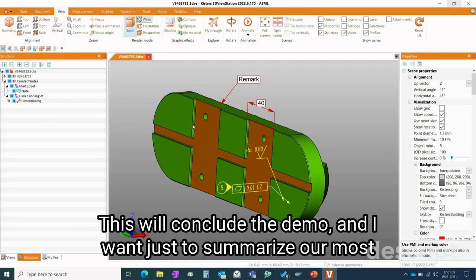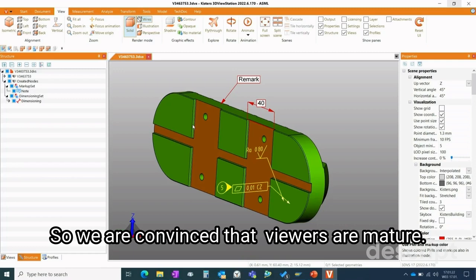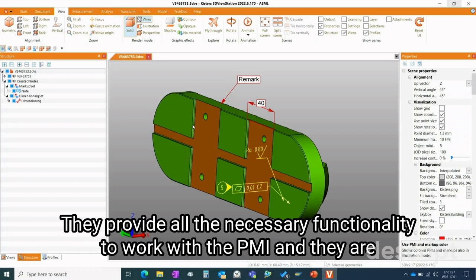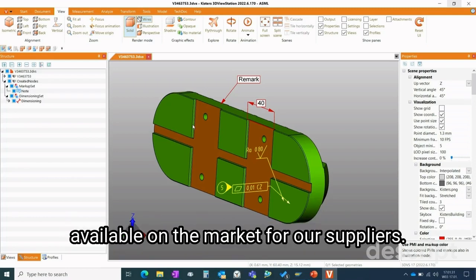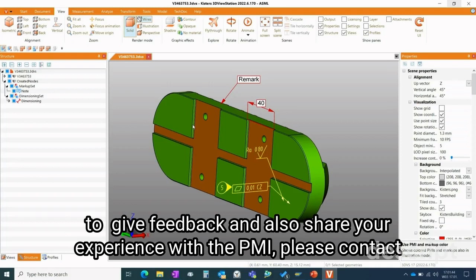This will conclude the demo. And I just want to summarize our most important message with this demo. We are convinced that viewers are mature. They provide all the necessary functionality to work with the PMI, and they are available on the market for our suppliers. And please use it, make your own experience. And if you want to give feedback and also share your experience with the PMI,